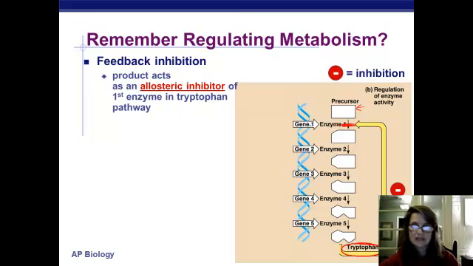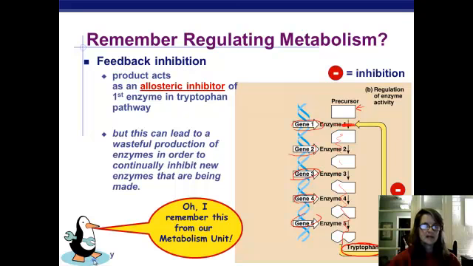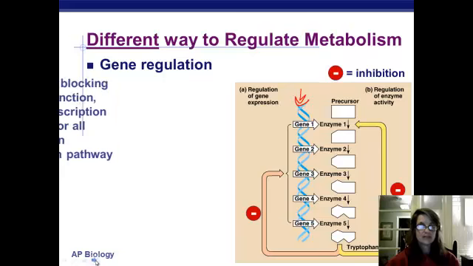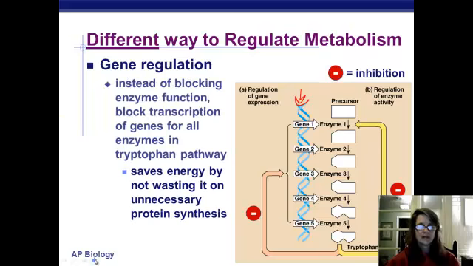But the reality is that the genes that are making all these enzymes are still going to be making them. We just won't be making tryptophan anymore. Wouldn't it be more efficient if we could also stop making all these unnecessary enzymes as well, and then start up that process again when we do need the tryptophan, maybe later, okay? So, if we regulate at the gene level over here at the DNA instead of just at the enzyme level, we can even be less wasteful because we won't make a bunch of enzymes that we don't need, okay?